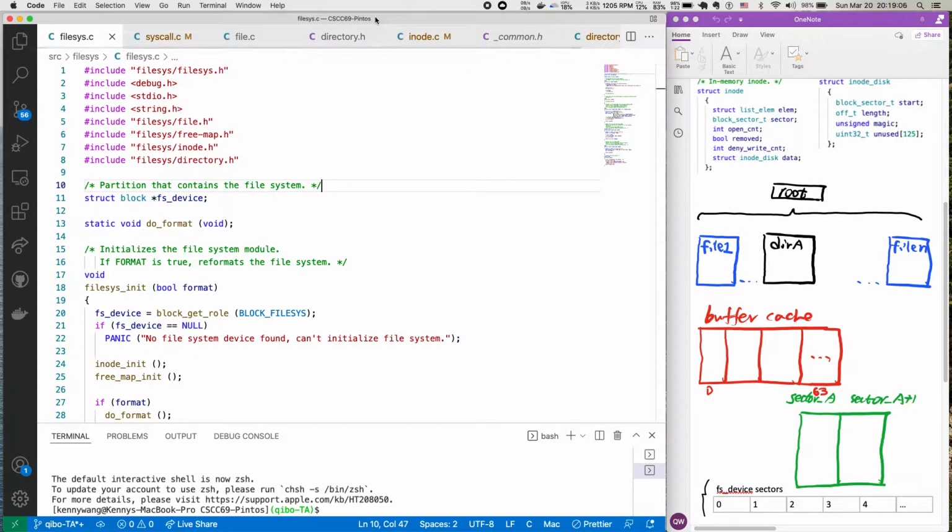So in PintOS, how do we interact with a file system? Well, here there is this variable called fs device, a file system device, right? So this represents the file system in PintOS. You can of course look into how this variable is initialized and used and so on, but at this point you should just